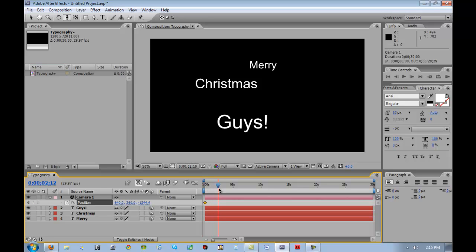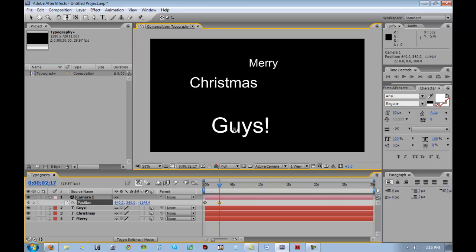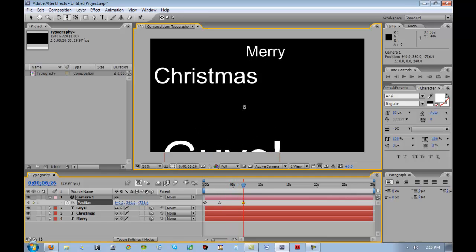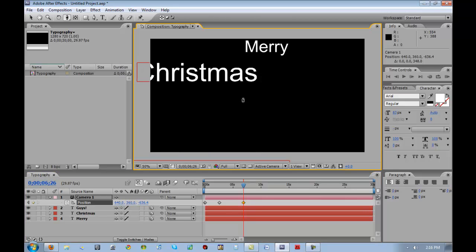If we move to maybe 2.17 seconds, you can kind of see on the side over here 2.17, and then if we tracked forward just a little bit, and then if we moved it a few more, you can track forward. As you can see, we've set some keyframes just on the bottom here, so it's actually going to have some movement. And what we want to do with this same keyframe is if we hit C,